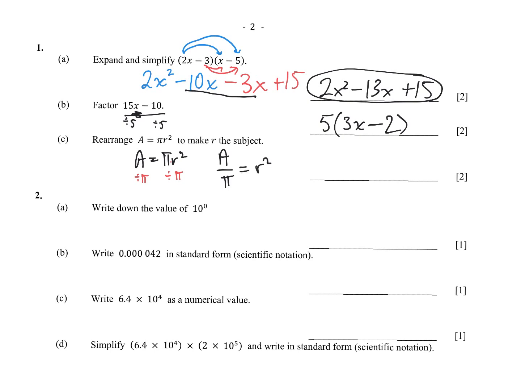And then the next and last step, we notice that r is squared, and so we're going to square root both sides, and what you're going to end up with is r equals the square root of the complete fraction A over pi. And so your 2 marks are for that question. It's possible that you might get part marks if one of those operations was correct,